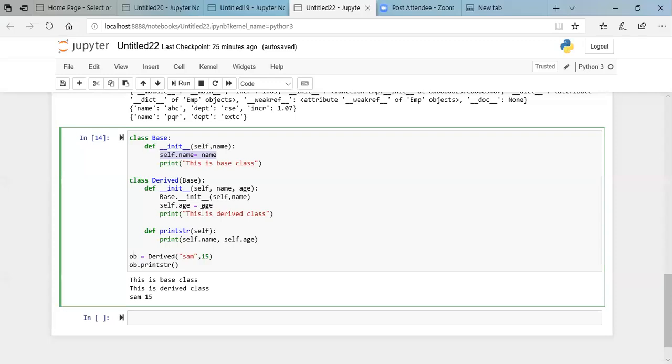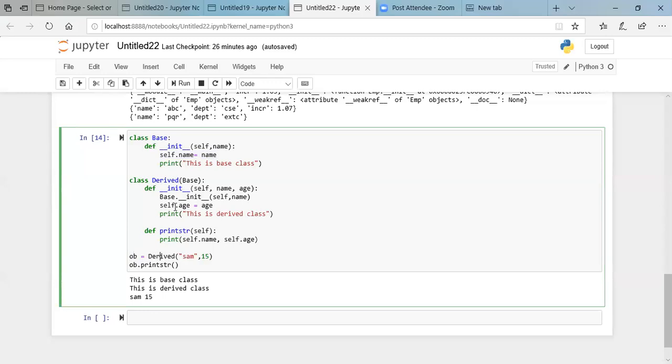Vikas is asking, is it necessary to define the init function in the derived class also? See, if you look here, we haven't created the object of the base class. We have created the object of the derived class. So when you create the object of this derived class, how are you going to initialize the values? To initialize the values, you will make use of this init.